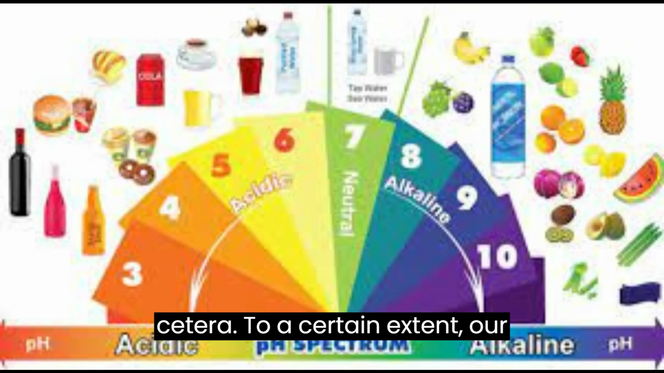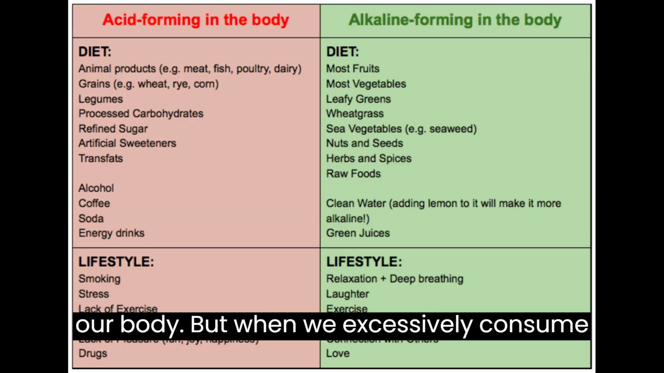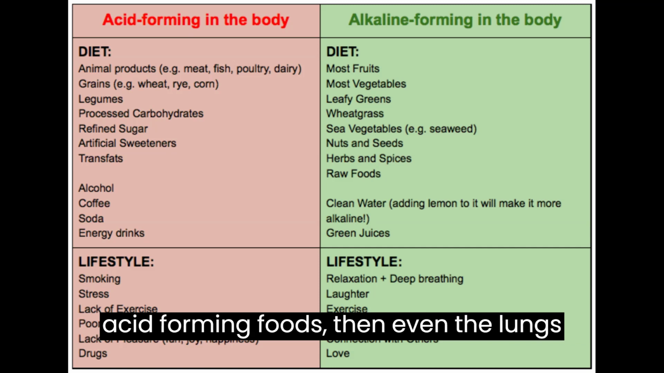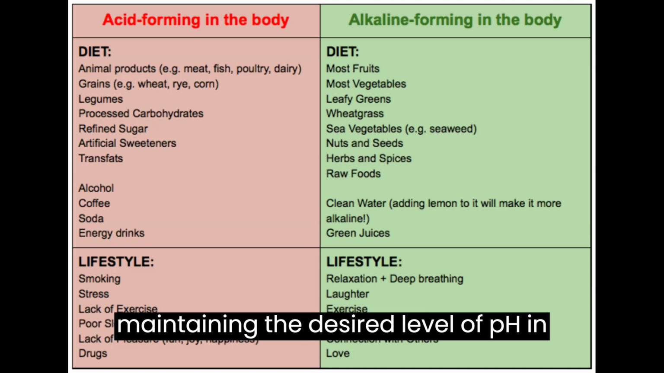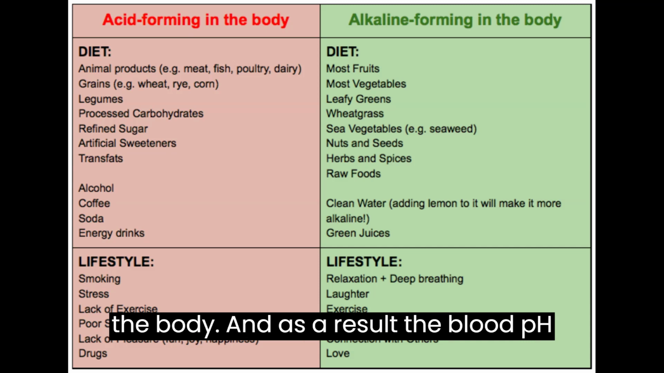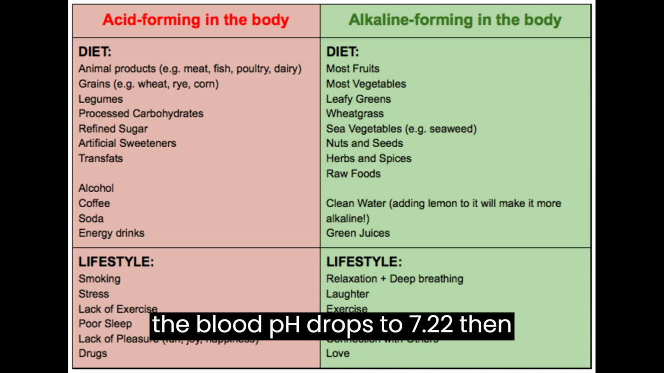To a certain extent our lungs and kidneys maintain the pH of blood in our body, but when we excessively consume acid-forming foods, then even the lungs and kidneys become incapable of maintaining the desired level of pH in the body, and as a result the blood pH starts to drop from 7.35, and when the blood pH drops to 7.22,